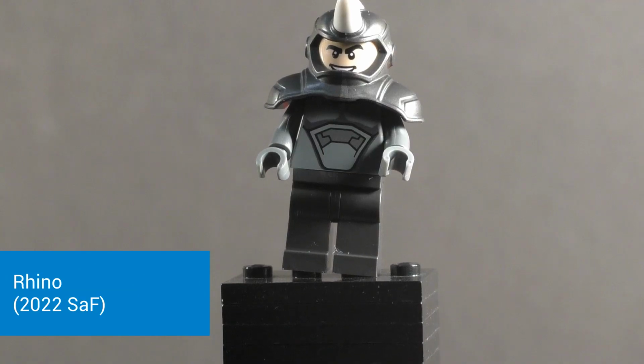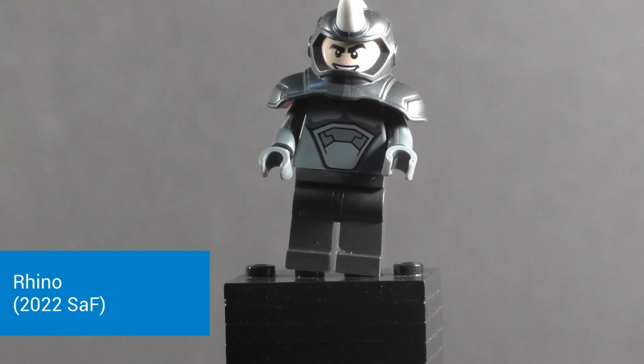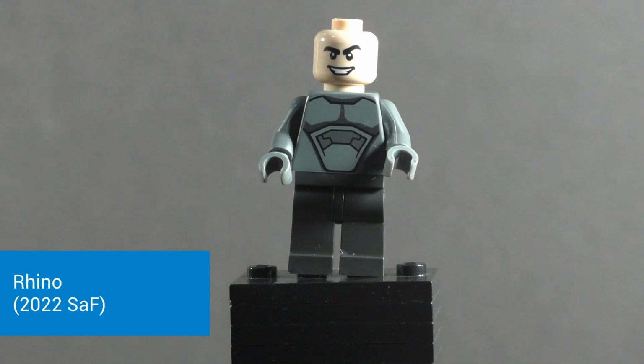Take a look at the Rhino. He is the exact same as the previous release season. If you didn't get him then, here's a good chance to get him as well. Would have preferred a different villain, but you know, he's got that nice molded helmet and shoulder pads, and it's very nicely designed. The horns, however, are painted. But removing that, we can get a better look at his torso print. Again, it's very simplified for the style of the animation that they're going for here. He's got a very cartoony face as well, with a very